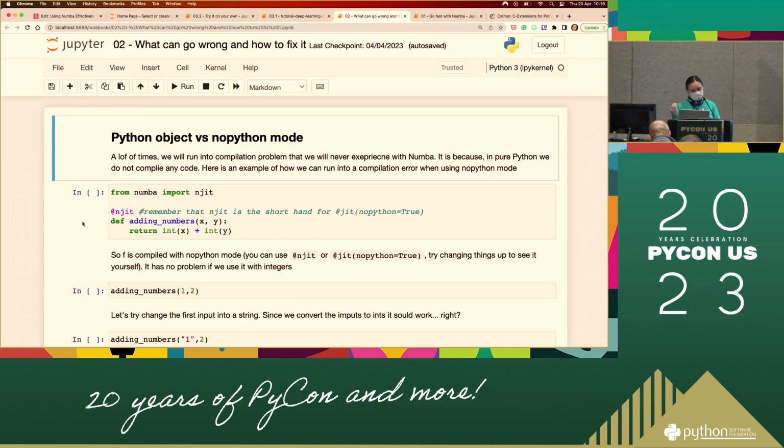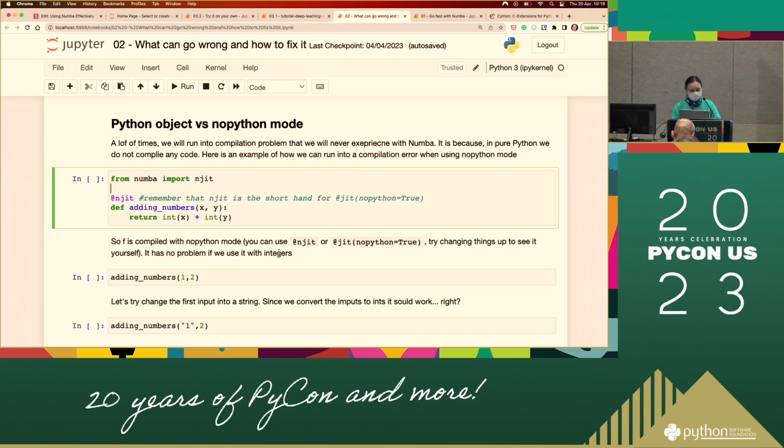That's why sometimes it's difficult when you encounter a problem. For example, remember when you learned pandas and you had an error message, or wondered how to do something? You can Google, and a lot of answers will be provided, right? Because the user base is very big. For Numba, it's a bit tricky because a lot of times you can't easily find exactly what you want. But I hope that this notebook can solve some of the more common problems that beginners may come across, so it already saves you some time troubleshooting.